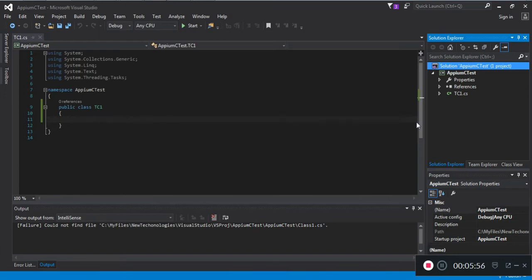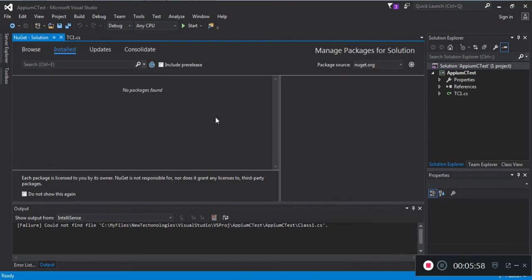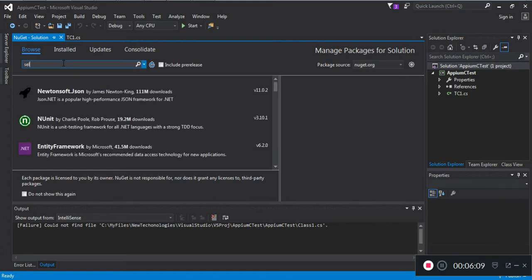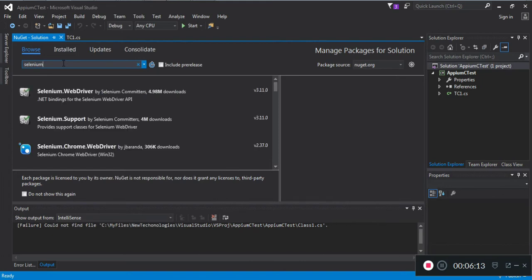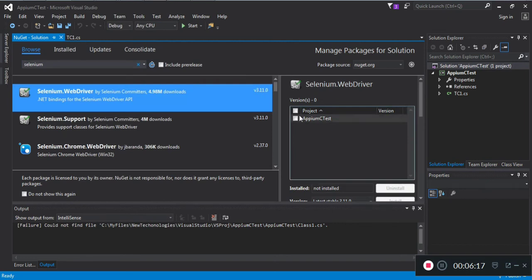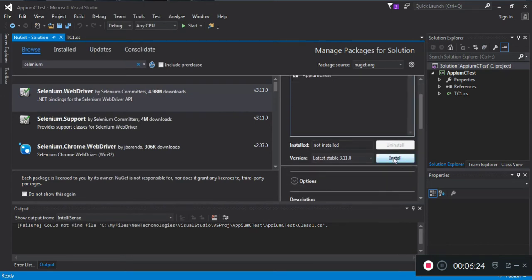Okay, so now I clicked, so you will get a window like this, and just say Browse, and here you have to download the Appium related packages. I will install Selenium first, because Appium is built on top of Selenium, right? So let me click on this, and here you will see it asks if you want to install it for this project. Say yes, and if you scroll down you can see the latest version is